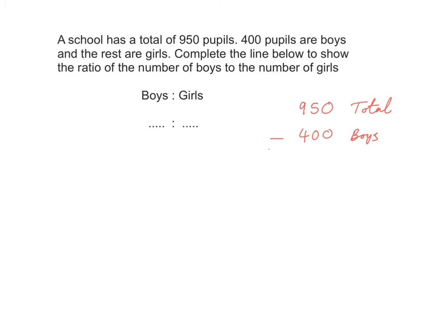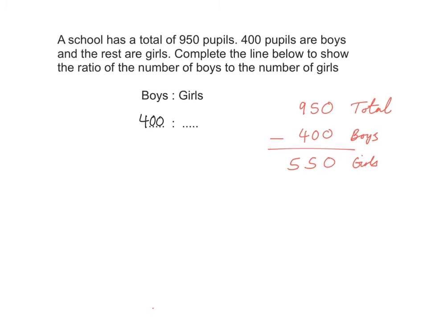If we subtract them, 5 take away 0 is just 5, and 9 take away 4 is 5. So that gives you the number of girls. Okay, so now, quite clearly, the ratio of the boys to the girls will be